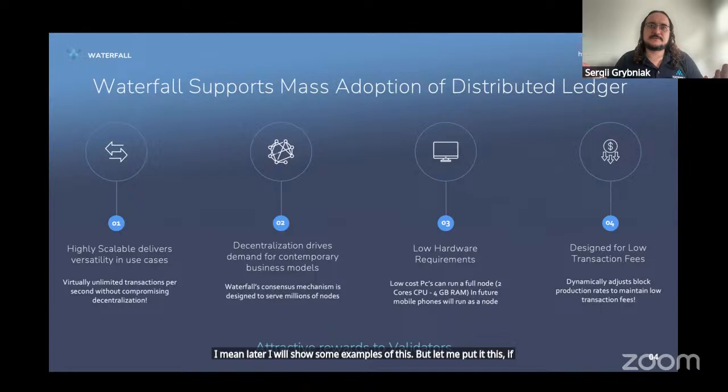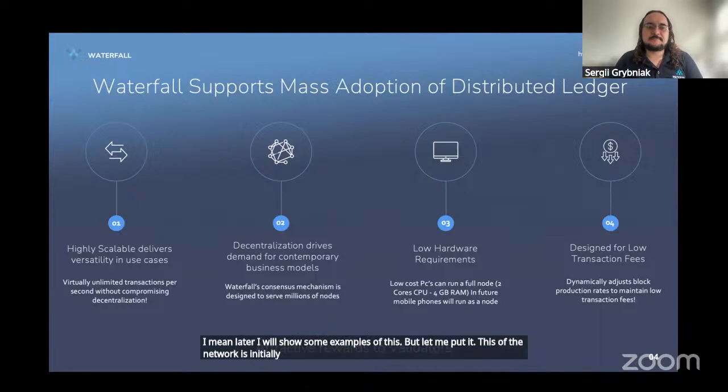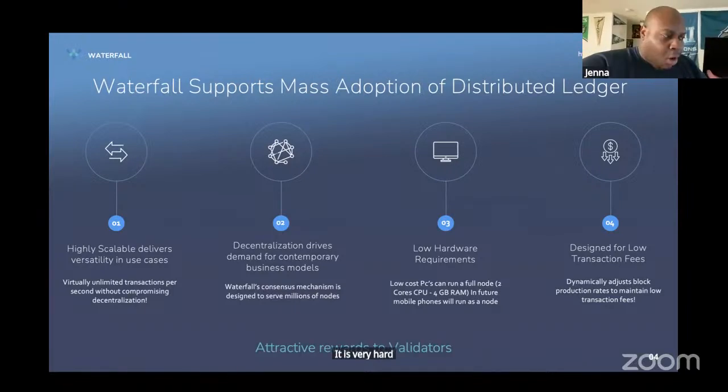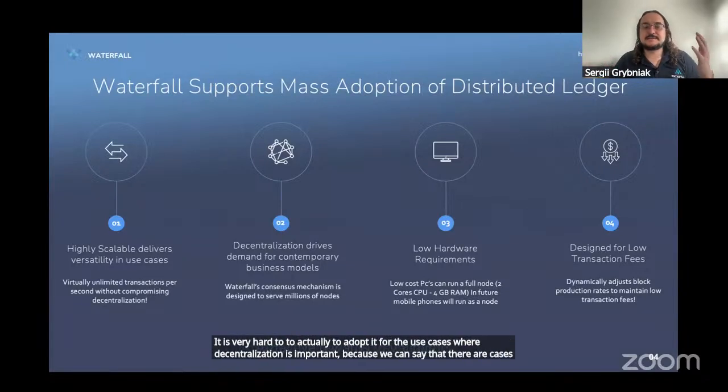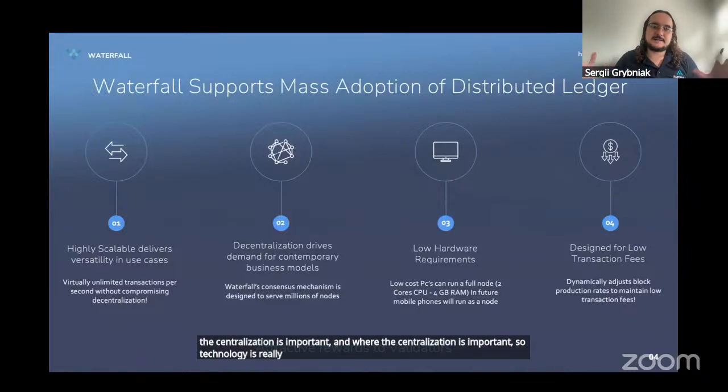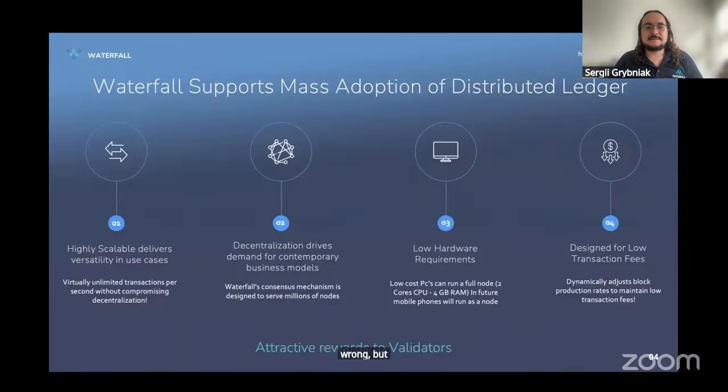If the consensus of the network is initially designed to be semi-centralized, it is very hard to adopt it for the use cases where decentralization is important, because there are cases where decentralization is important and cases where it is not. Technologies which suggest that decentralization is not that important mostly fit only one category of use cases, and there is a wide variety of these use cases, so don't get me wrong. But when we go to the cases where high decentralization is important,